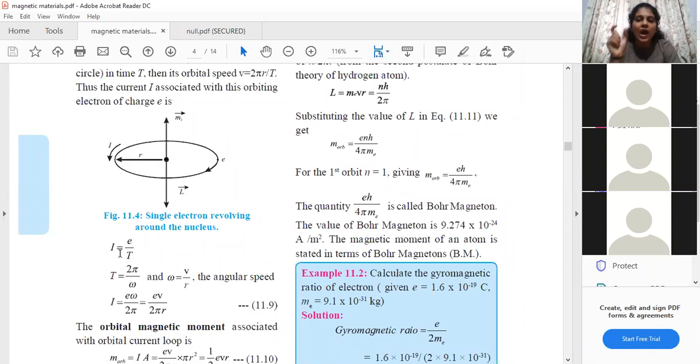Actually how we can find current? Current is E into the frequency. Frequency means the number of times the electron revolves in 1 second. So there was this point which I asked you all to note down, that the charge crossed in 1 second is equal to the current. So E into frequency gives me current, but we all know that frequency is nothing but 1 upon T. So this is the beginning formula that we get.